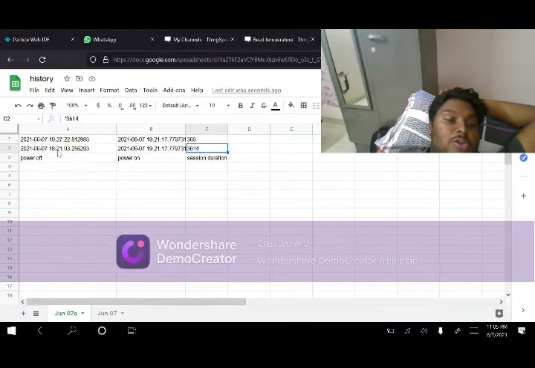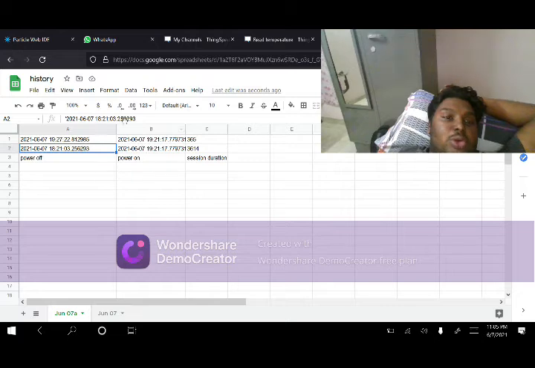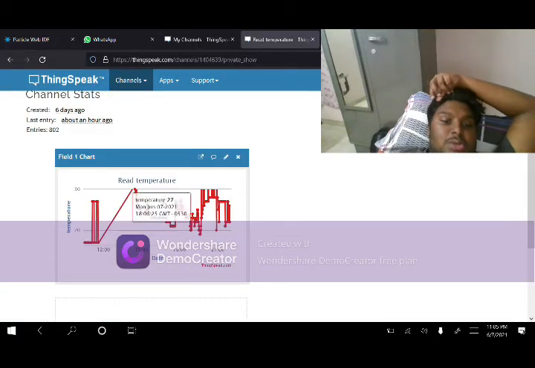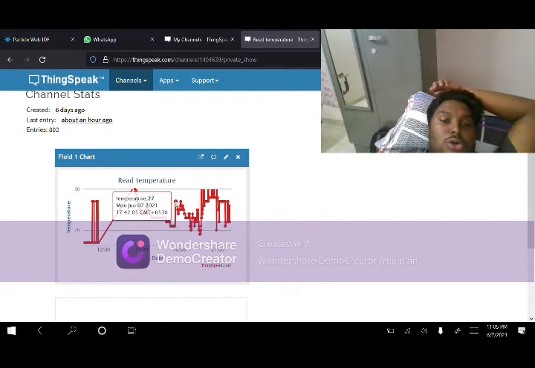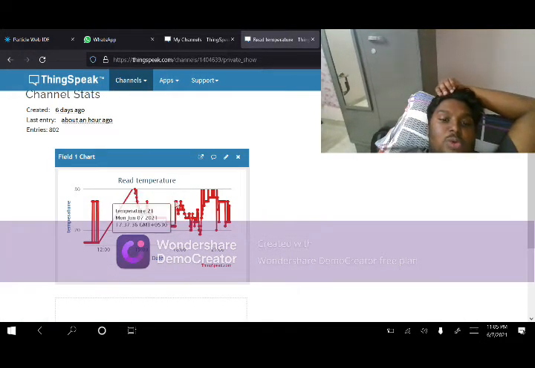I'll show you the chart of how it differed from 18:21 to 19:21 here. So read temperature, you can see, from 6 o'clock to 7 o'clock, 7:30. You can see how the temperature differed from 21, 24, 26.